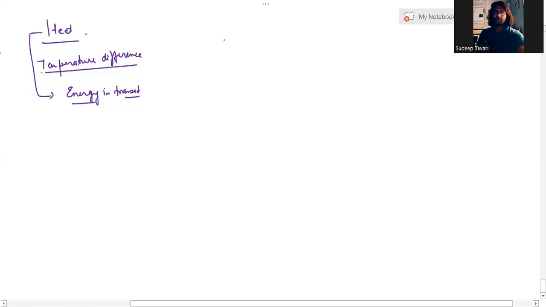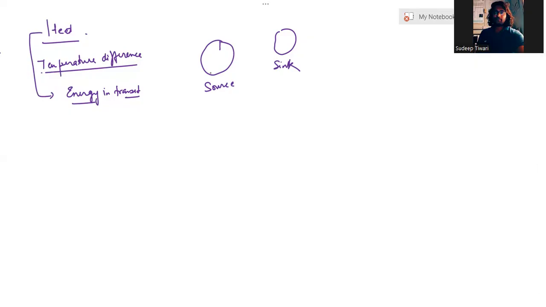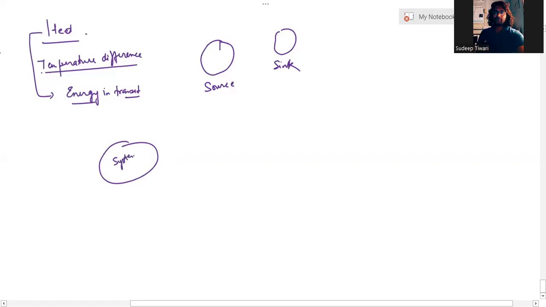This energy transits when there is a system at a higher temperature than the other one, which is at the lower temperature. Generally, we call the low temperature body a sink, and the high temperature body a source. So heat is the energy that flows between a system and its surroundings because of the temperature difference. This is quite evident from our standard experience also. If the system temperature is Ts and the surrounding temperature is Te, and Ts is less than Te, that is the environment temperature is greater than the system temperature,